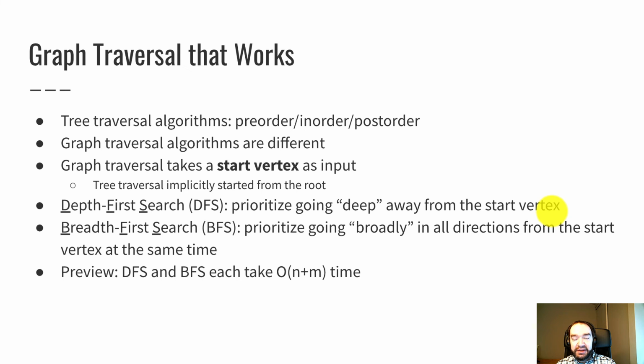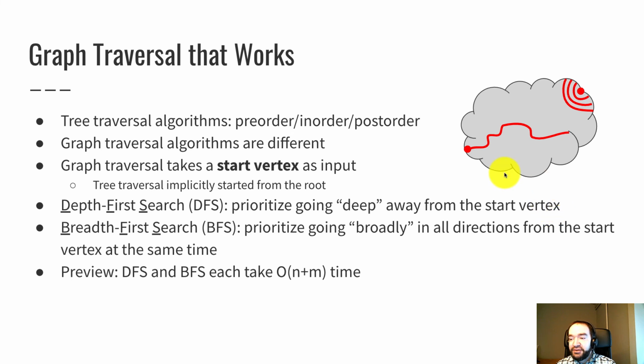And we'll see in subsequent videos that these are fast algorithms. They can be implemented to take linear time. In a graph with n vertices and m edges, each of these algorithms takes big O of n plus m time. So that's linear time, a very fast efficiency class that's proportional to the amount of time it takes to actually look at every vertex and edge in the graph. So this traversal does not really add any overhead.